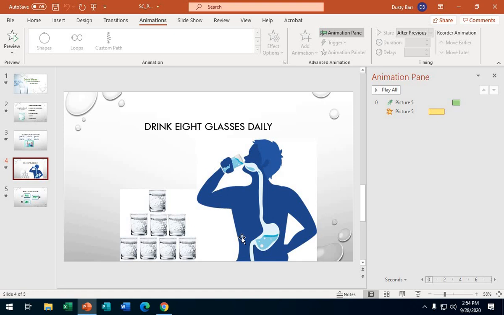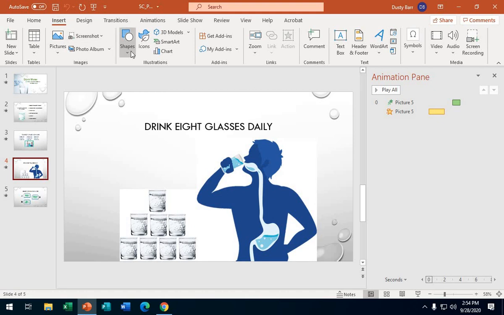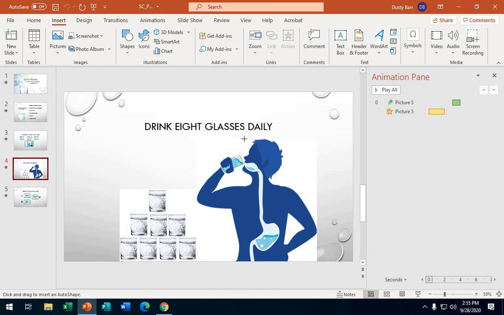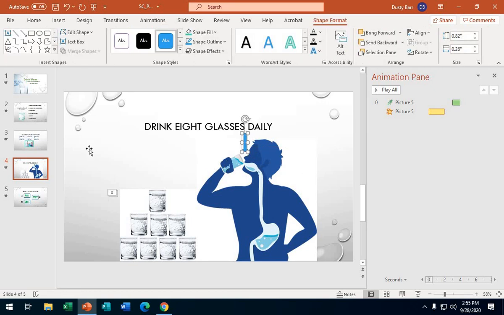Moving on. Okay, so what we'll do to start today is you will go to slide 4, and with slide 4 open you'll go to the insert tab, and then you should have one of these that says shapes, and what you want to do is go down to the fourth one, which is arrows, and we're going to choose the down arrow, and then you'll come and draw that arrow